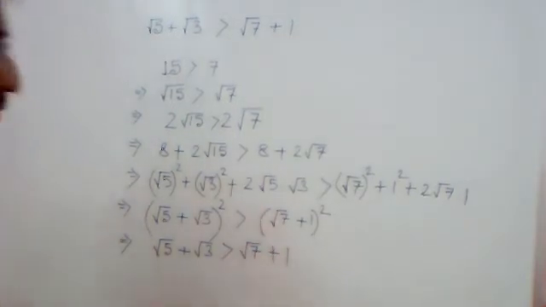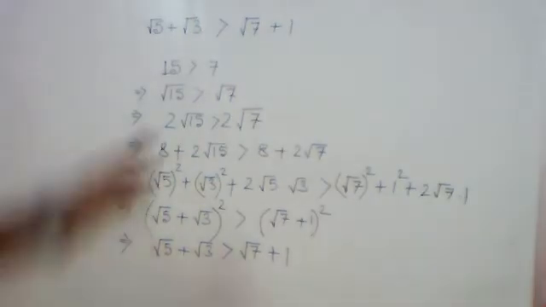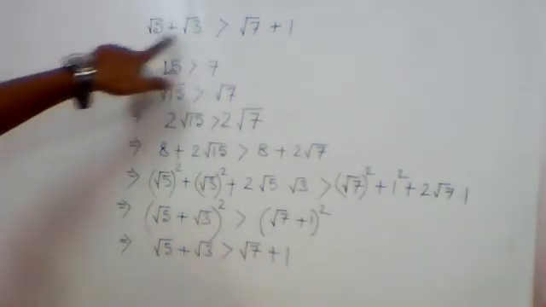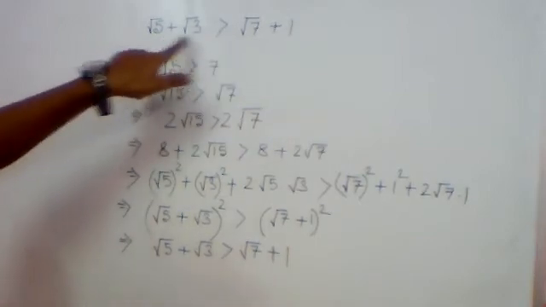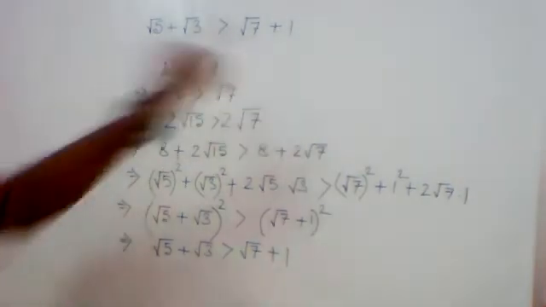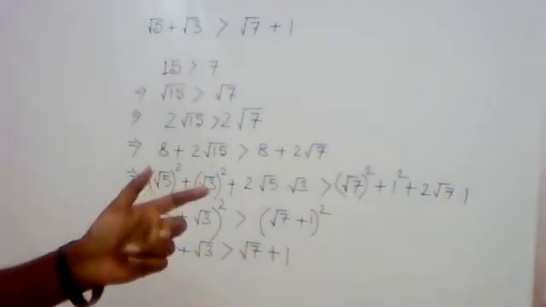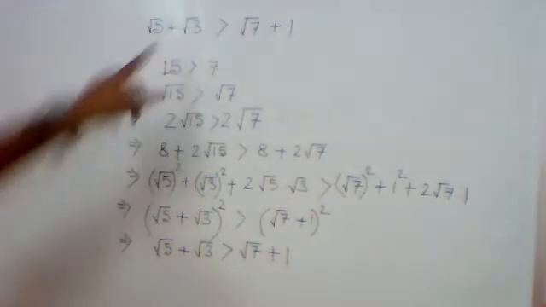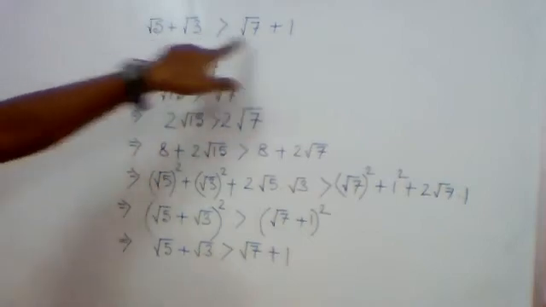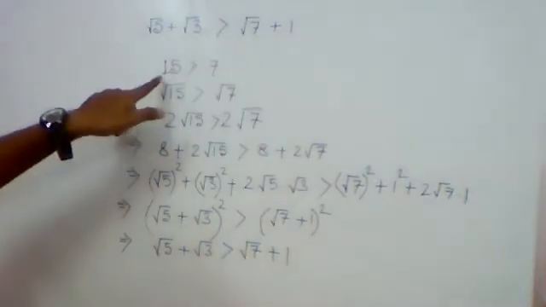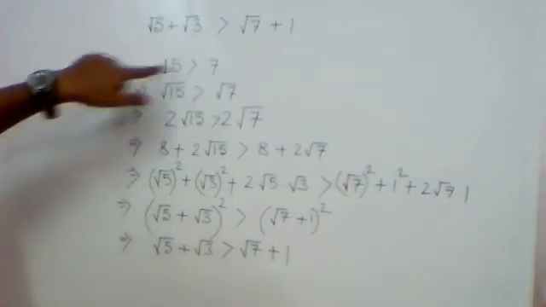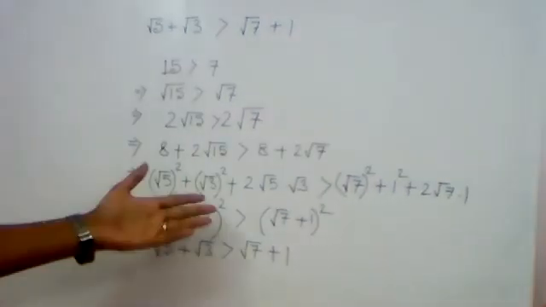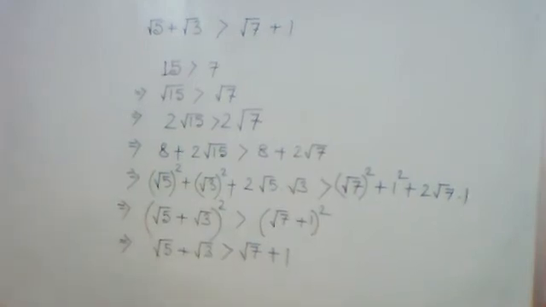So what have we learned from this question? We have learned how to start the question. First of all, check the sum. Observe, the sum is equal on both sides: 5 plus 3 is 8, 7 plus 1 is 8. So it should be kept in mind how to approach the question. The second thing is the product. The product here is 15 and there it is 7. So we can apply the intuition that 15 is greater than 7, then proceed, and you will get the result. A very simple question, just a matter of practice.